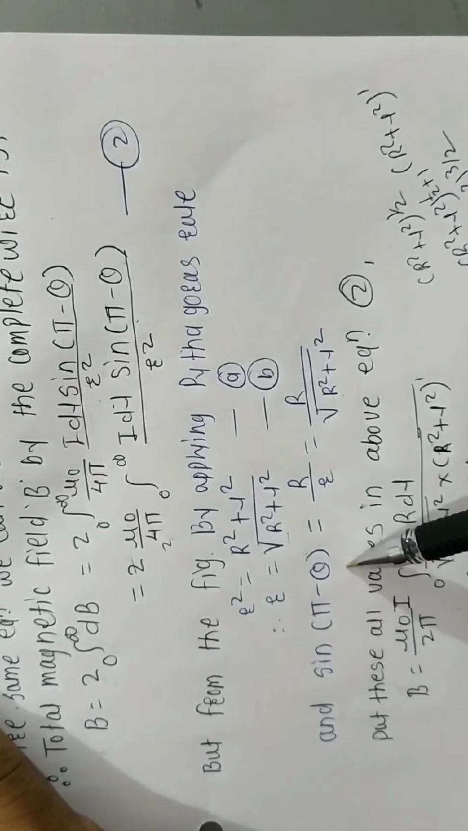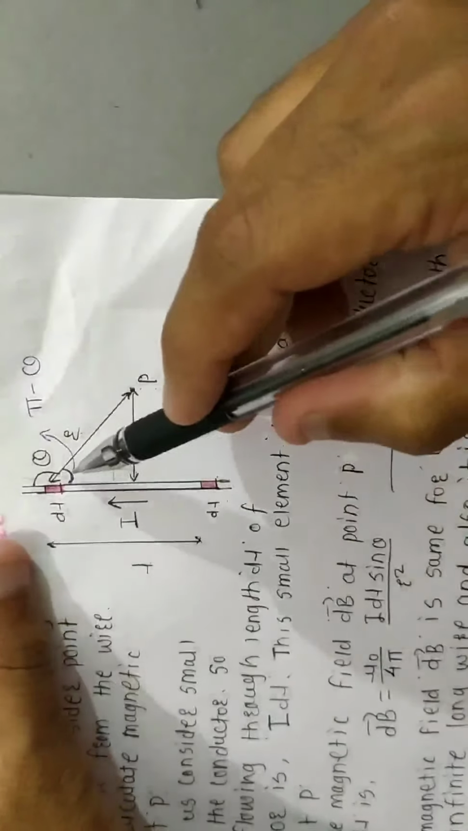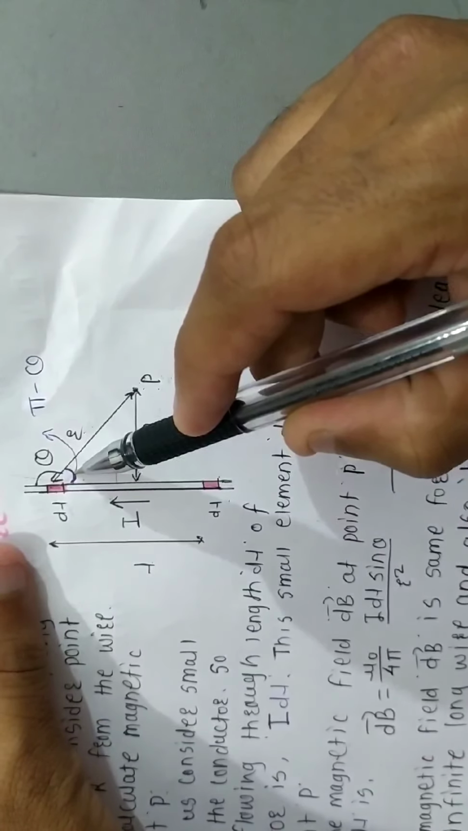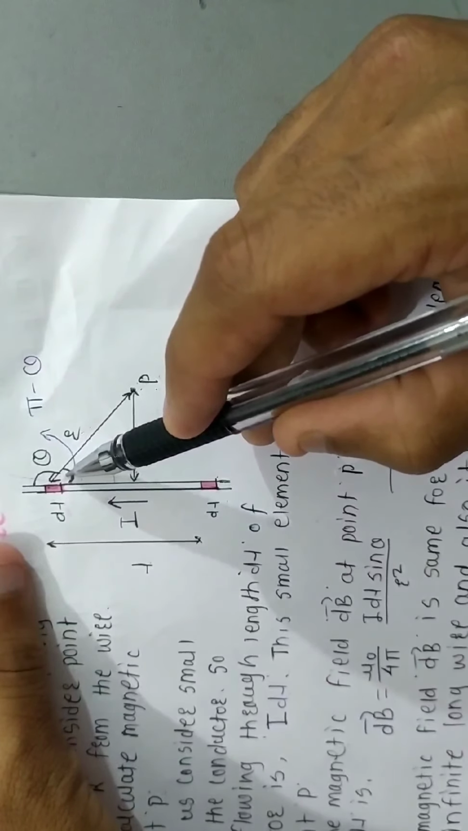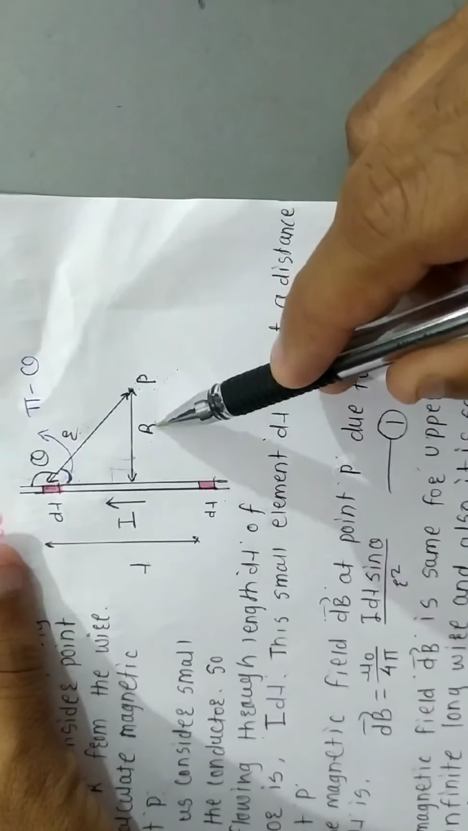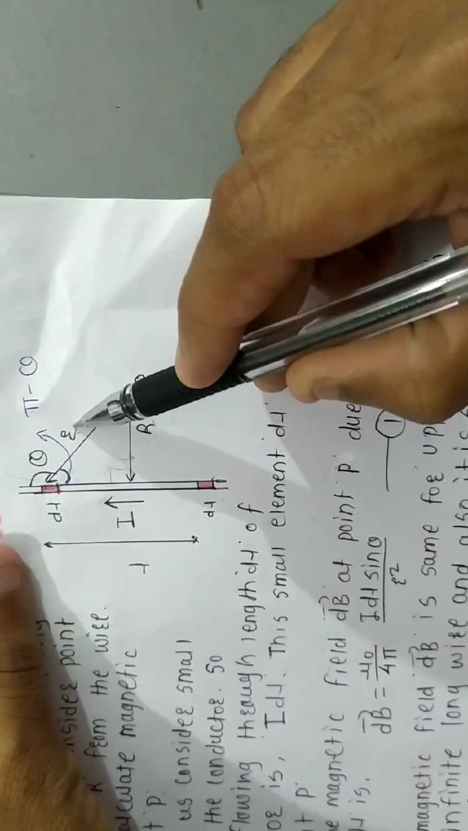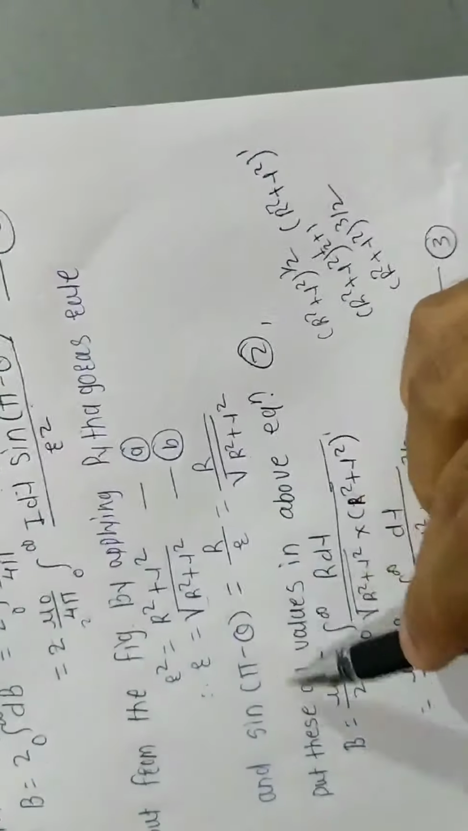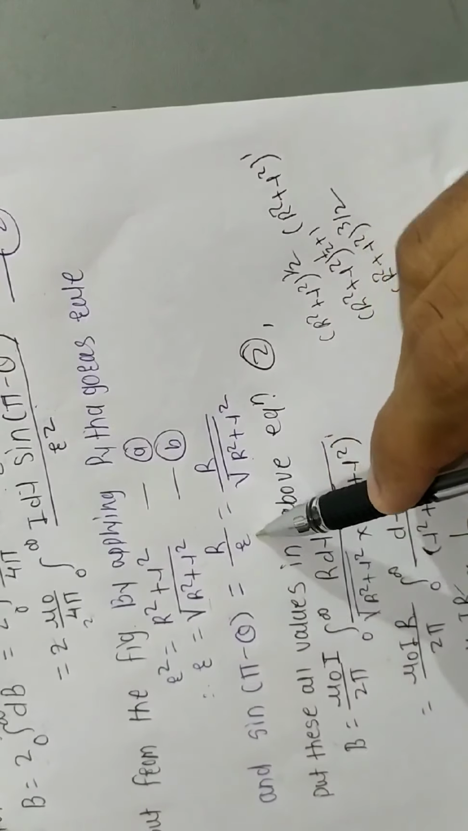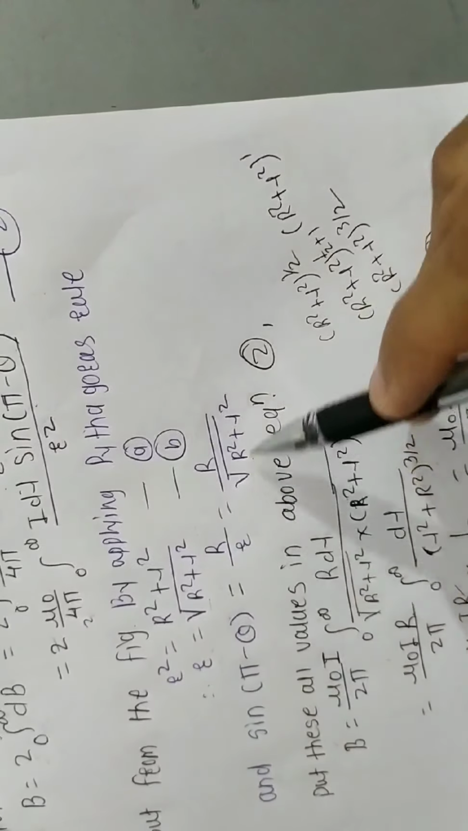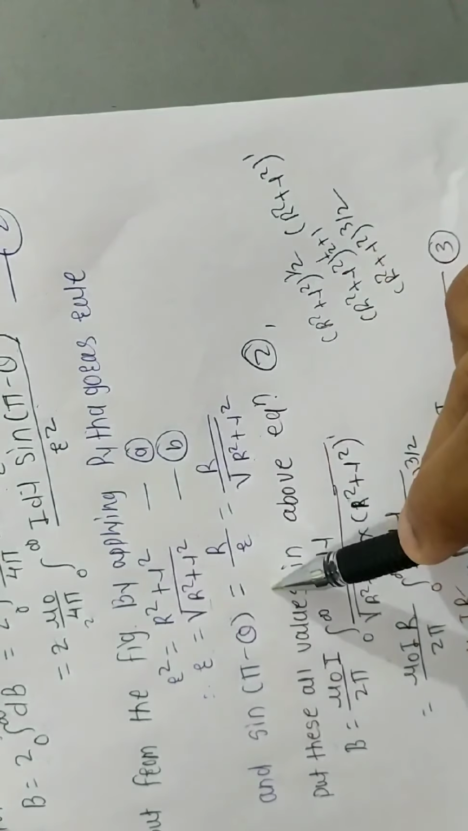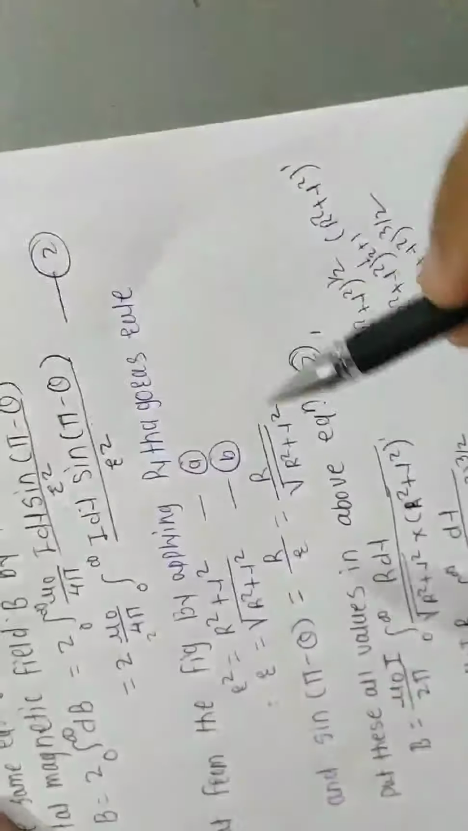Similarly, if you consider sin pi minus theta in the diagram, sin means opposite side upon hypotenuse. So here the opposite side is capital R and the hypotenuse is small r. So sin pi minus theta is capital R upon small r. Put the value of small r here. In the above equation 2, we can put the value of sin pi minus theta and r square. So the above equation 2 becomes,